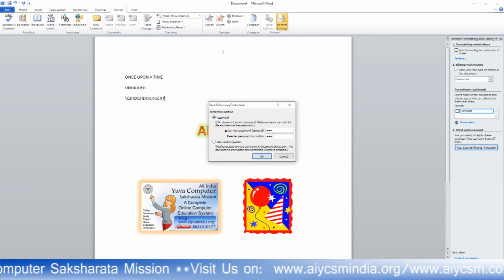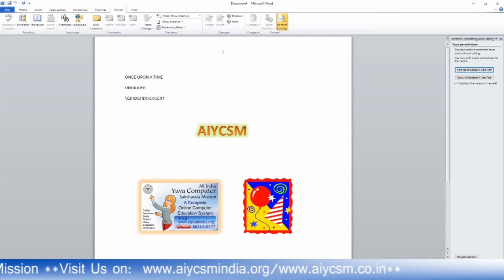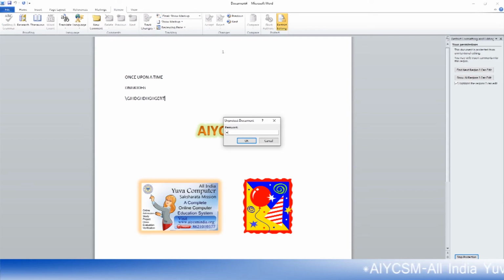See this, 111 is my password. If I want to write something in this document and save it like this, then it is non-editable. You will see an option come up: this modification is not allowed because the document is locked. I have to give the password.